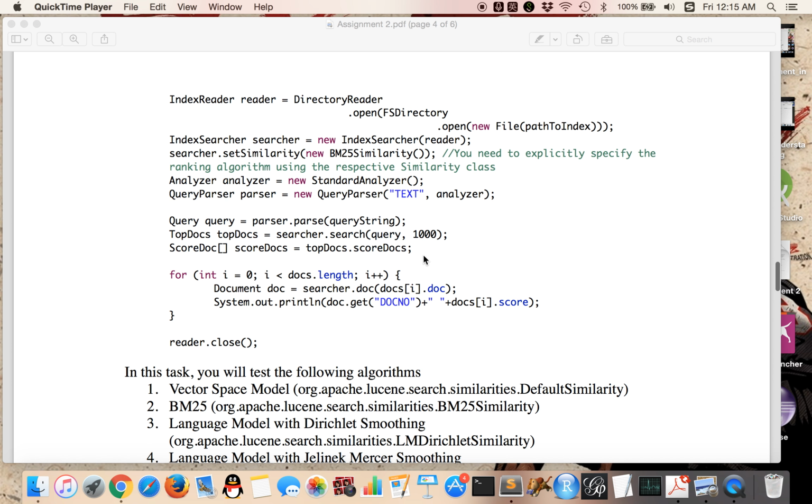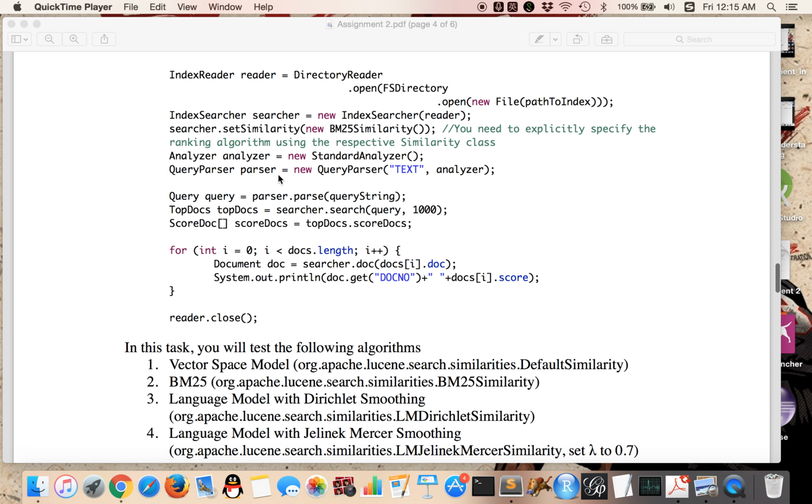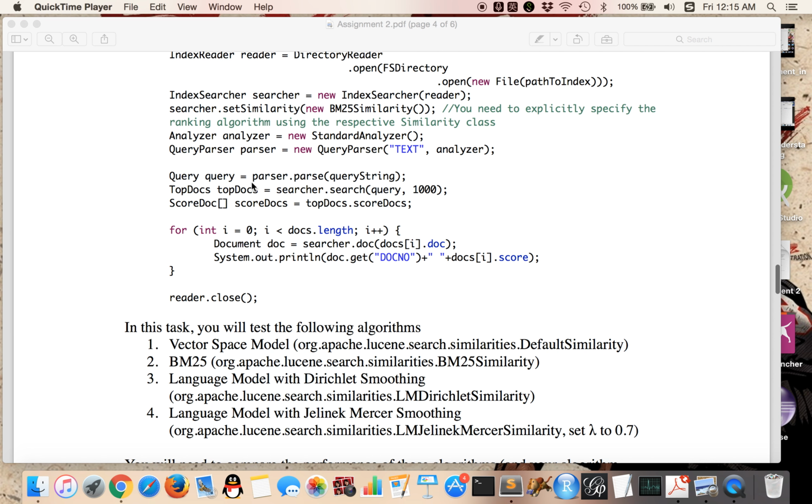You just change this part, and you can try different models. And for the analyzer, you just need to use the standard analyzer. Also, you need to pass your query here. Get your parsed query and use this function to search the query in the index and retrieve the top 1000 here. And the array of docs